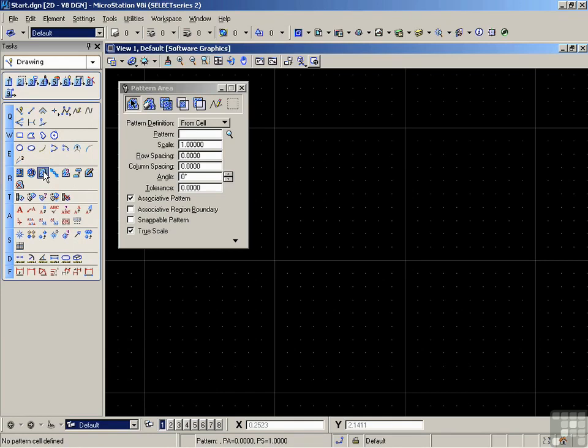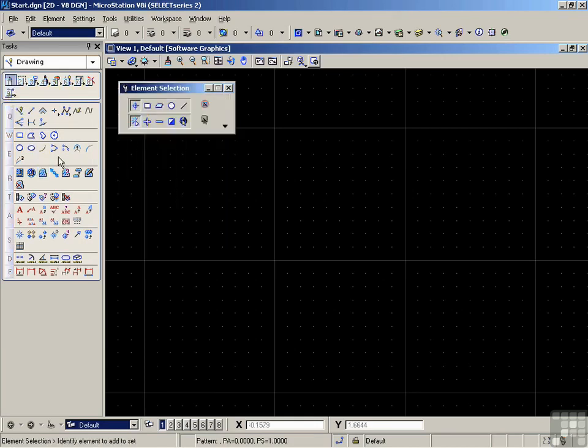Now this is a very important dialog box. You will need to make settings for each tool that you're working with. I'm going back to the Element Selection tool. On the left you can see the main drawing tools, and above them a selection of other tools which are typical for general use. Now we will be spending a fair bit of time looking at this tool arrangement. It can be very confusing because there are many ways of displaying this information, so it requires a special look